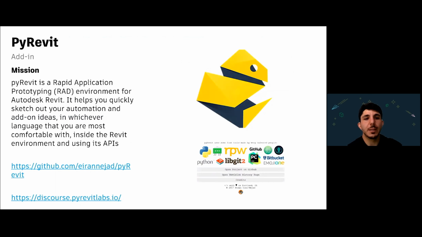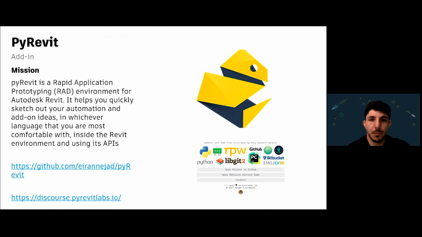And if anybody wants to evolve beyond Dynamo and just make your own software, but you don't like to use C# or .NET, may I mention PyRevit as an option. It's an add-in. It's popular. Make your own custom tools. If you're already familiar with Python and you know how to use a Dynamo script with Python, this might be for you. So these are great services and extensions you can use already with Revit and Dynamo.